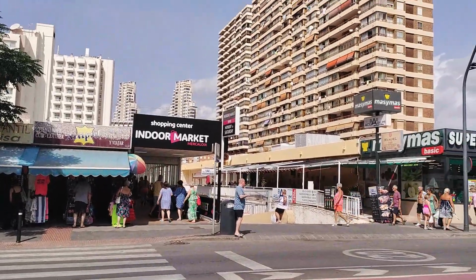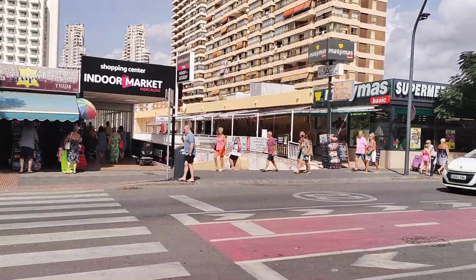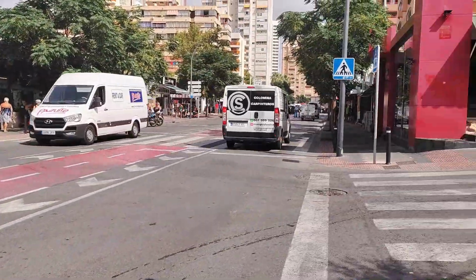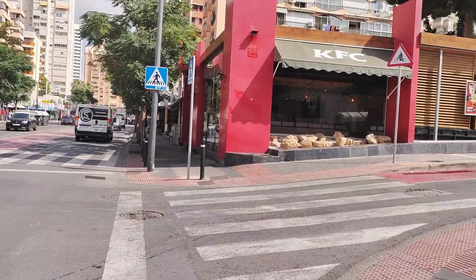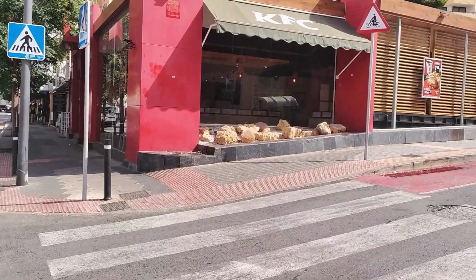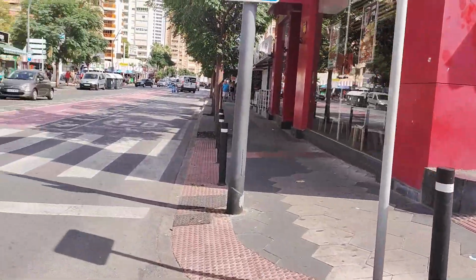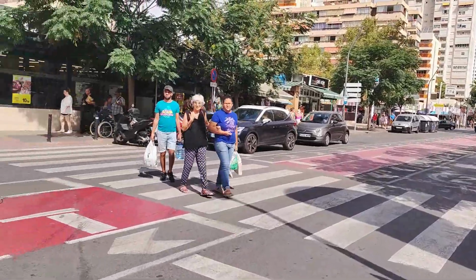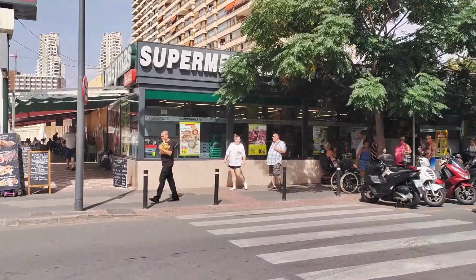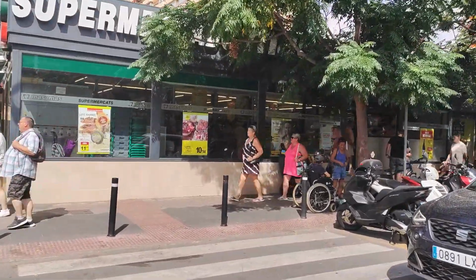Today, following a request from a viewer, we are taking a look at where the Aquarium II apartments are situated, which can be found along the Avenida de Juan Fuster Zaragoza in the Rincon de Loix area. We began on one of the Rincon's busiest thoroughfares, the Avenida Ametlla de Mar, which leads all the way down to the beachfront, with two easy landmarks nearby making it easy to find, the first being the large corner premises of the KFC restaurant and takeaway, and the other, the side entrance to the indoor market, the Rincon